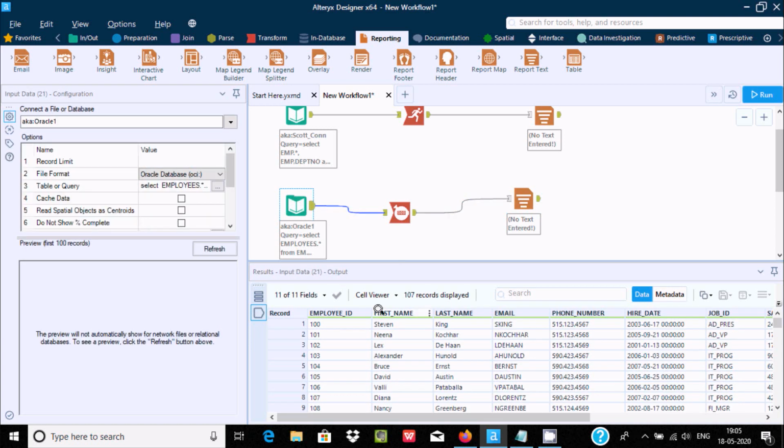If I select there, here you can see 107 records displaying. That means 107, no hidden records are there.